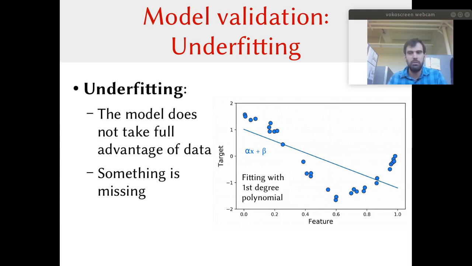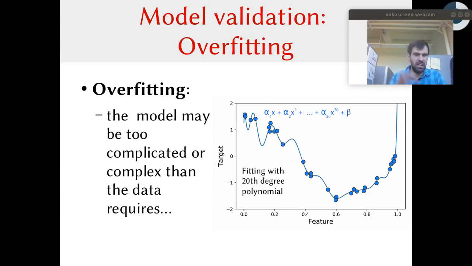So maybe the idea would be to increase the complexity of your model. Here your model is very simple, and when you are dealing with regression, one way to increase the complexity of your model is just to increase the degree of the polynomial, right? So let's increase the degree of the polynomial and just take a 20-degree polynomial. So here the computer has got a model that goes through each of the data very precisely,